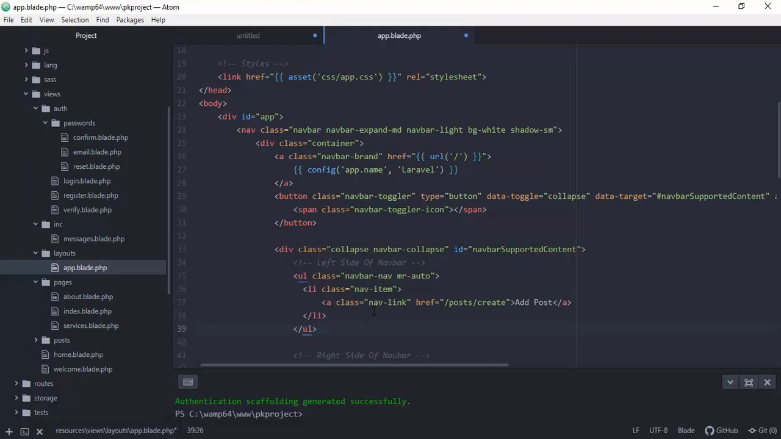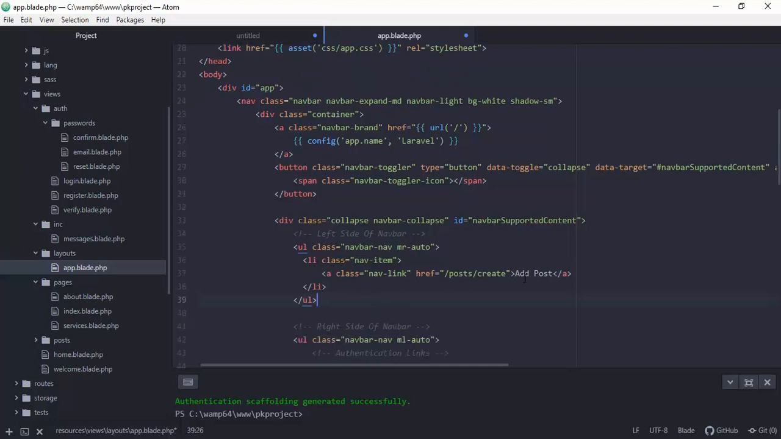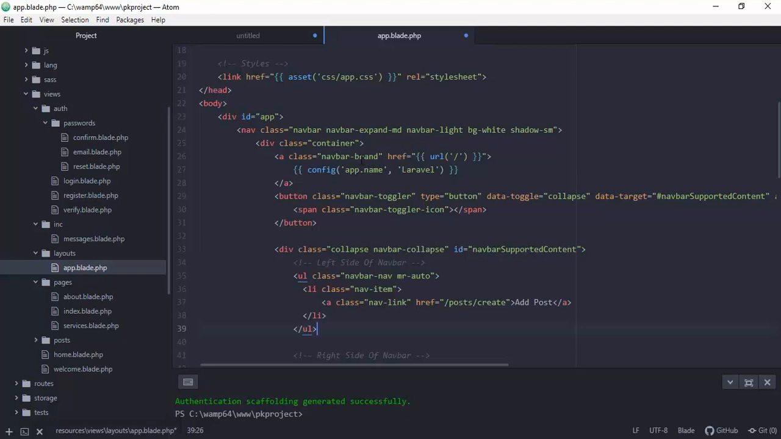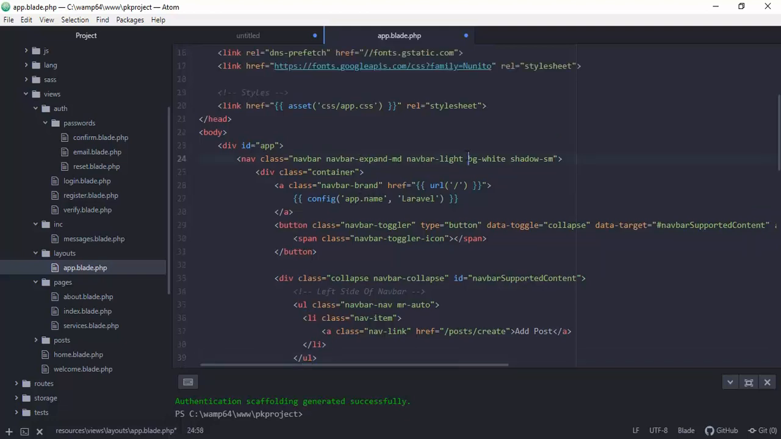So we have here the option to add post. And of course, guys, we can make the navigation bar, instead of light, we can say inverse. Just gonna remove this. So navigation bar inverse, and then save this one, and let's go back to our browser